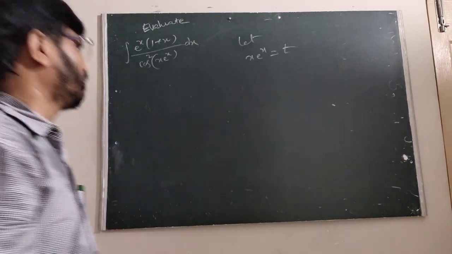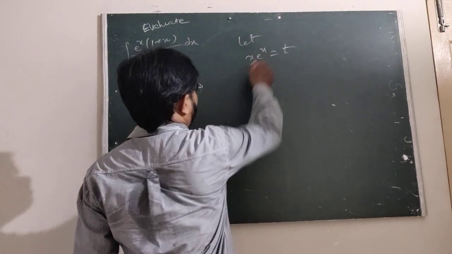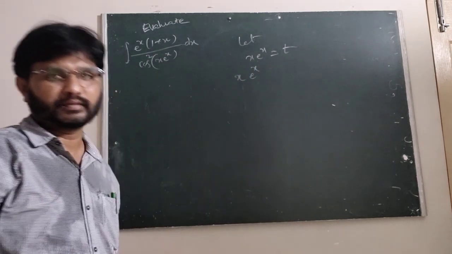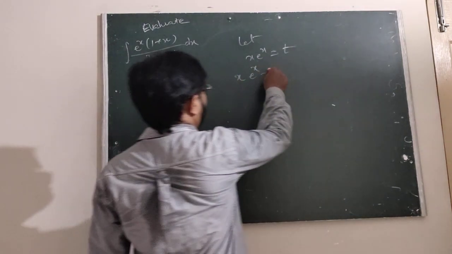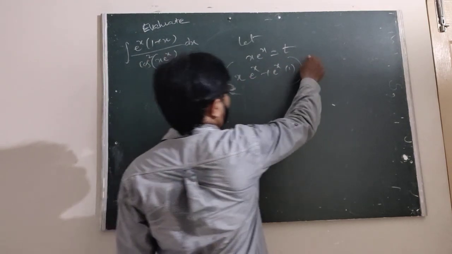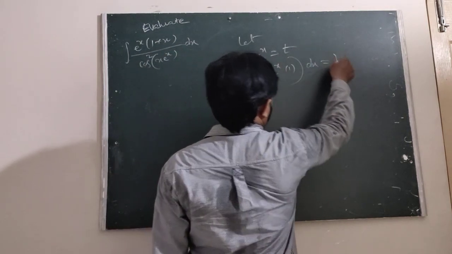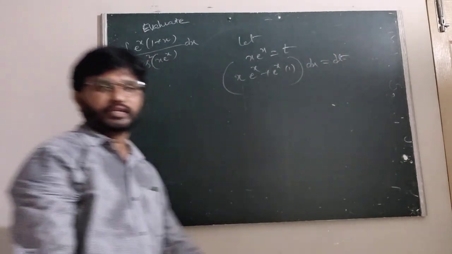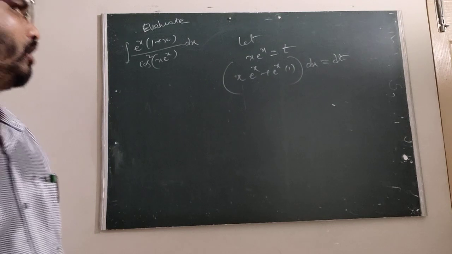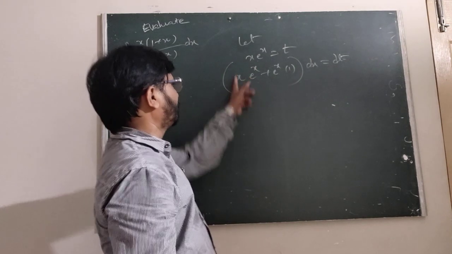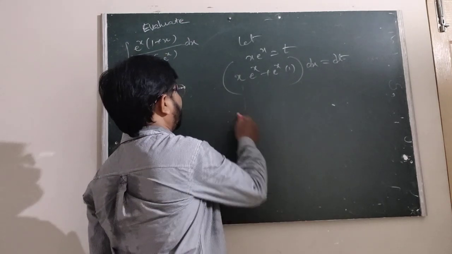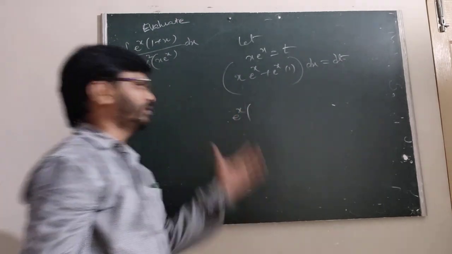Now differentiating on both sides. This is the UV method. X into derivative of e power x is e power x, plus e power x into derivative of x is 1. The derivative of x is dx. The derivative of t is dt. Is it okay? We have to compare the left hand side in the UV rule, we know that u into v dash plus v into u dash. Therefore, we are taking e power x as the common term in that.